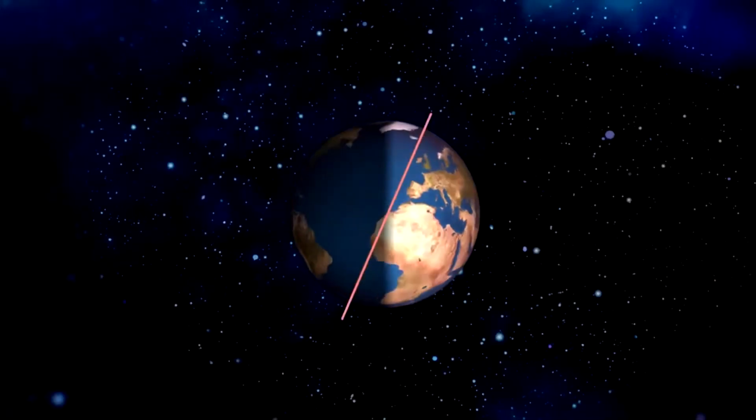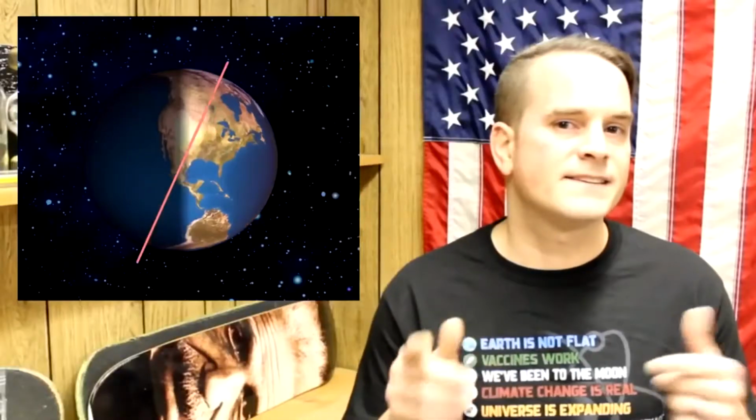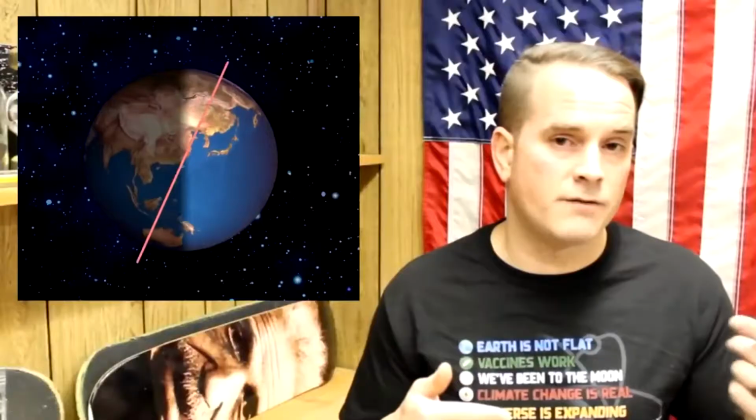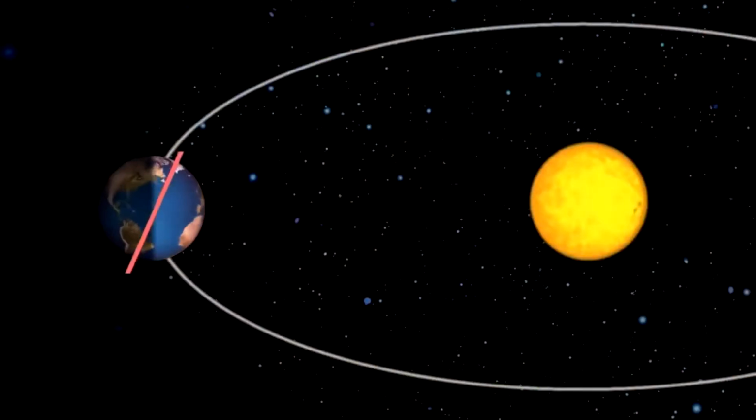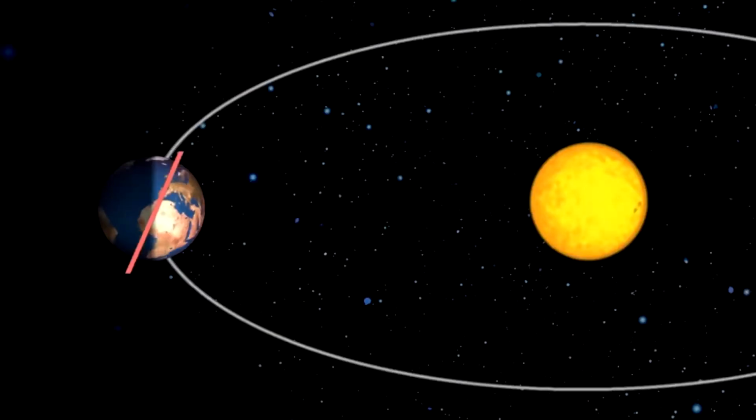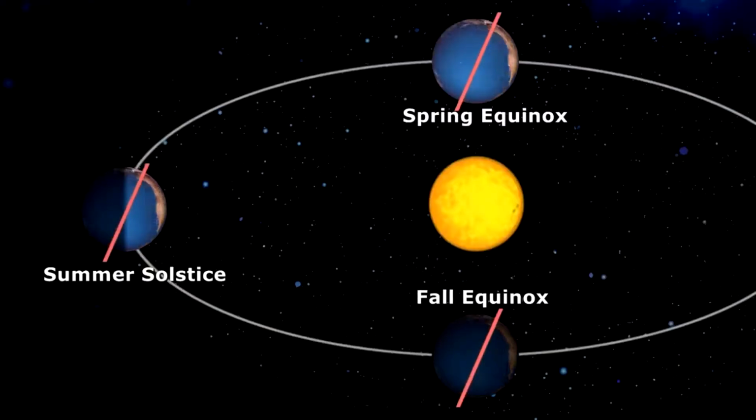But the axis of the Earth's rotation is at an angle, approximately 23.5 degrees. This angle is the direct cause of our seasonal changes. As the Earth orbits the Sun, for half of the year, half of that trip, the axis of rotation is going to be more pointed towards the Sun in the northern hemisphere and pointing away from the Sun in the southern hemisphere. This is the half of the year from the first day of spring until the end of summer